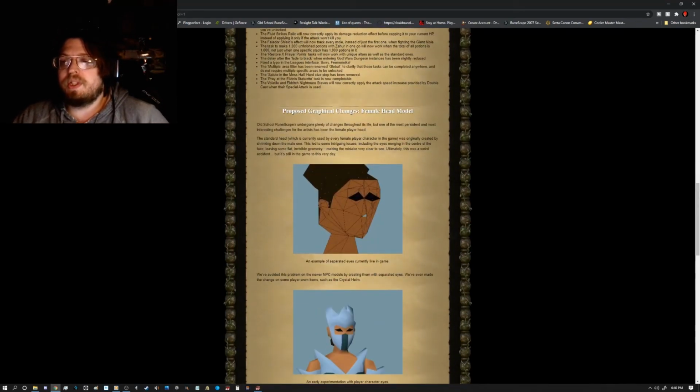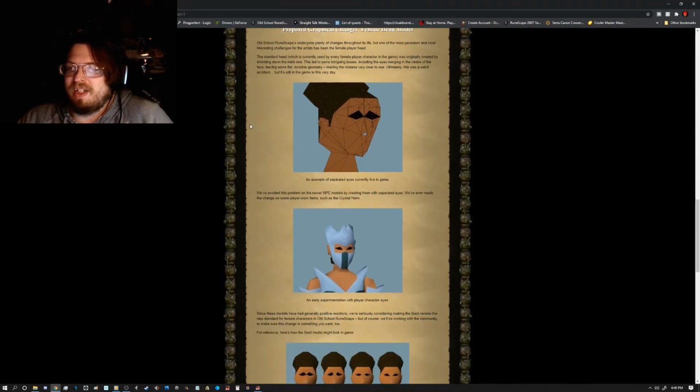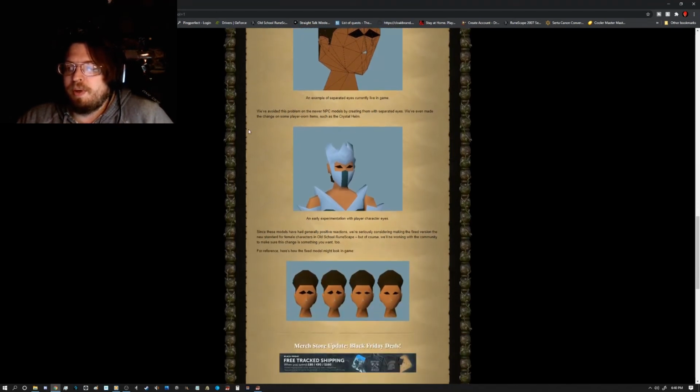Another proposal, and this is for the main game as well, is graphical changes for a female head model. The eyes before were kind of together, which made it look kind of weird. But the proposal is, as you can see here, they have actually...